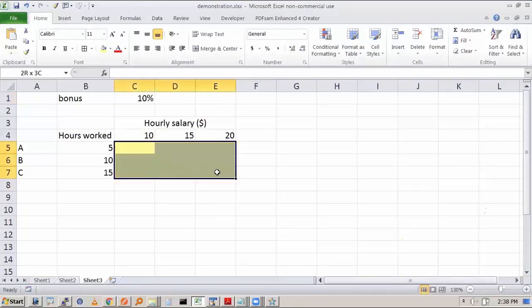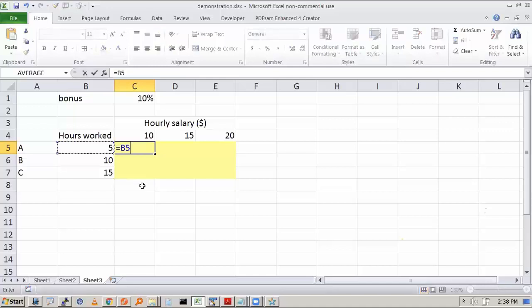And you have to write only one formula, and that one formula you have to drag to the left and right and complete this. So can anyone think what should be the formula here? First formula is, I would say, hours worked into hourly salary into 1 plus bonus. Some people will write hours worked into hourly salary, plus hours worked into hourly salary into bonus. That is also fine. The moment you take B5 and C4 common, it will become 1 plus C1. So as of now, you can write this.